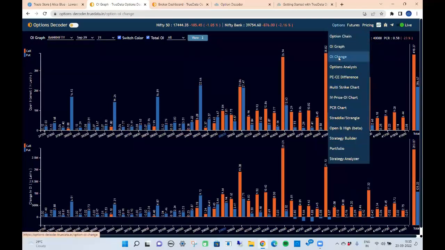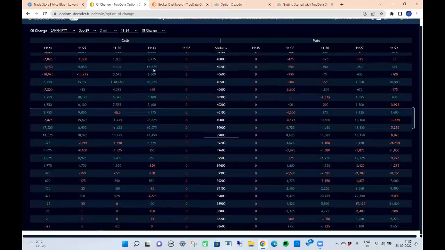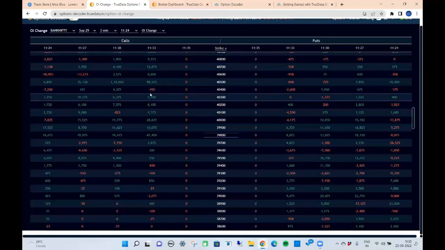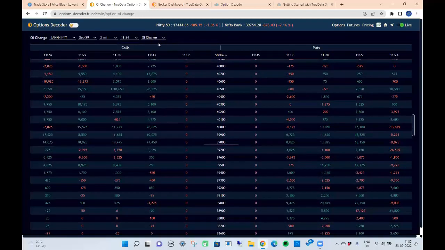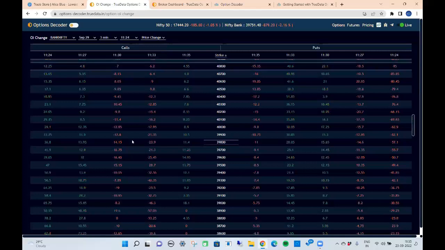Then we have this OI change graph, which has the figures mentioned here, which shows 3 minutes change or 6 minutes change. What are the last 3 minutes? What has come from NSE? What is the change in the open interest which has happened? You can also have the percentage change showing up here if you want, or you can have the price change